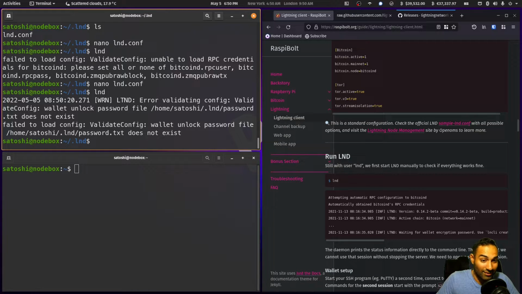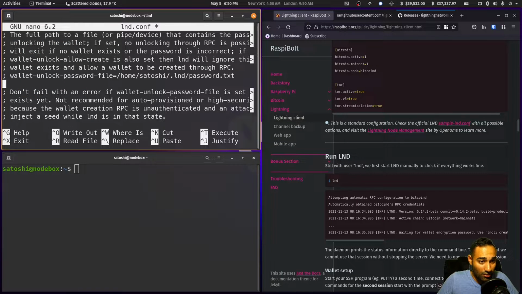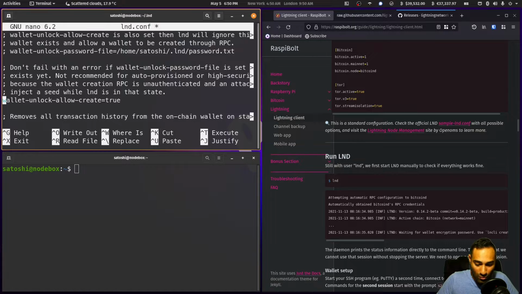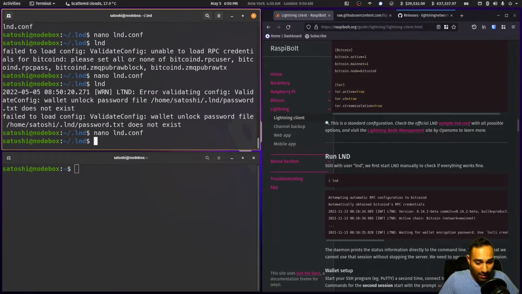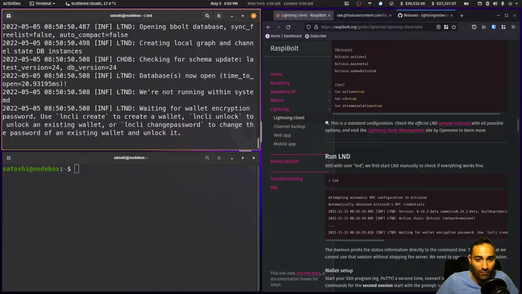The lock file doesn't exist. So what we'll do is, for now, get those inactivated. And let's see if we can just start up LND. Okay, so that looks like it has